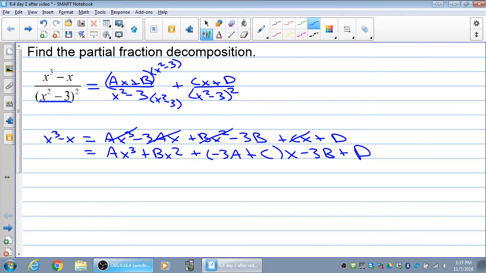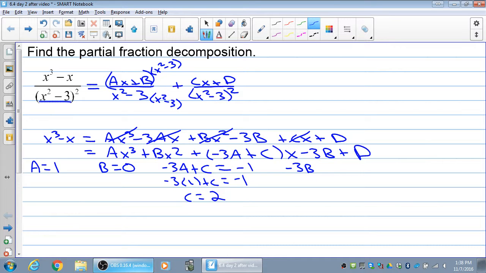Well, here's what you could do. You have a is equal to 1. That's the coefficient of the x to the third. B is equal to 0, because on the left we don't have an x squared. And then we have negative 3a plus c is equal to negative 1. Well, we know what a is. Negative 3 times 1 plus c is equal to negative 1. C is equal to 2 when we add the 3 over. And then negative 3b plus d